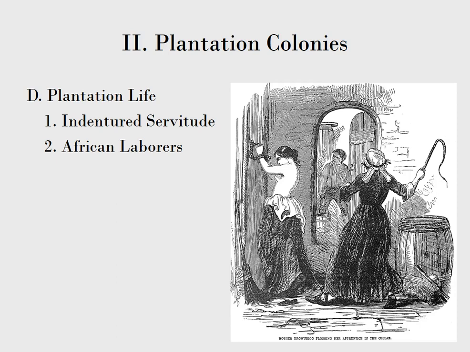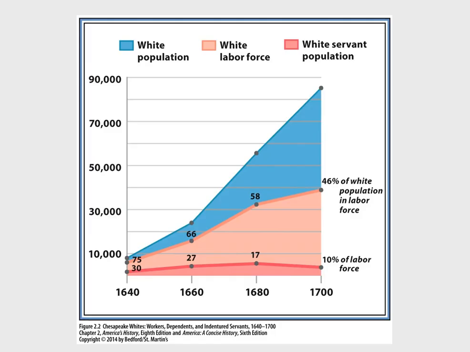Residents of the Chesapeake become increasingly race conscious, referring to color, white and black. And so the fact of the matter is the only people that are sold into slavery are Africans. And that is where you start to get this big divide between color. Most of them are Africans, and they definitely have black skin versus white. The indentured servants eventually earn their freedom, which was not always an option for an African.